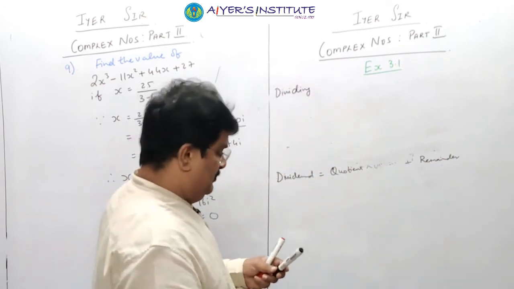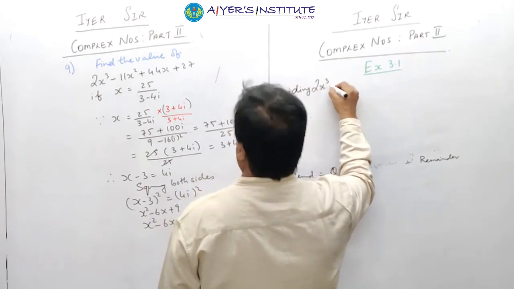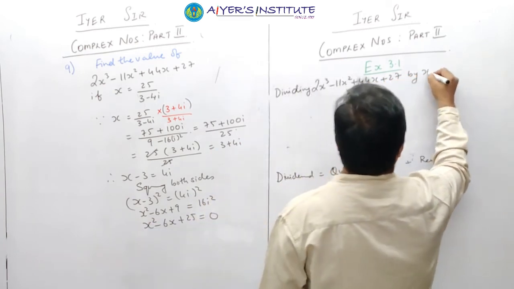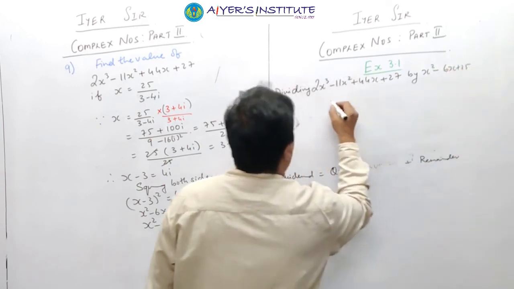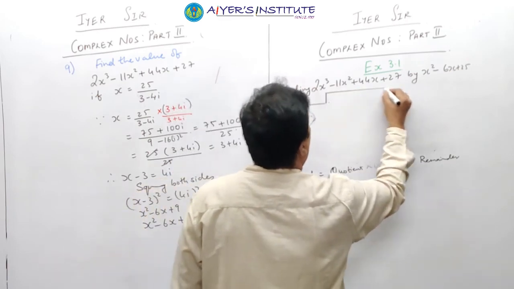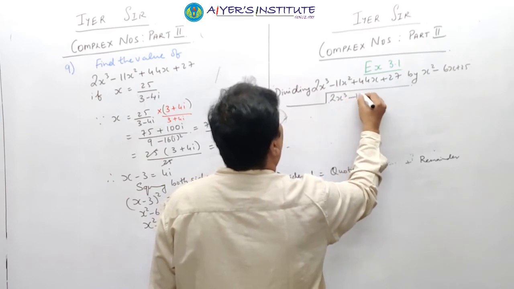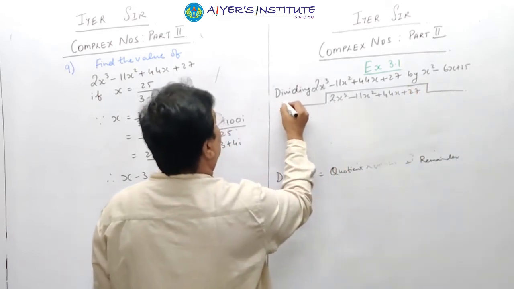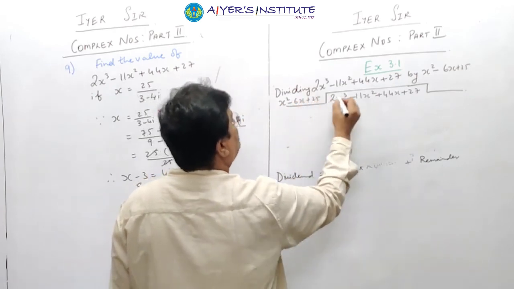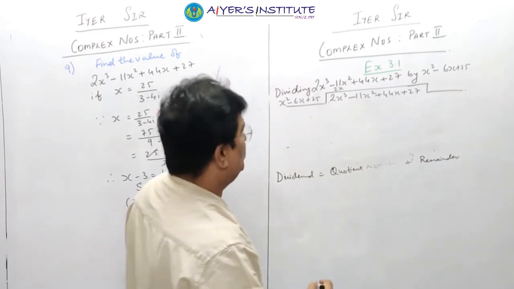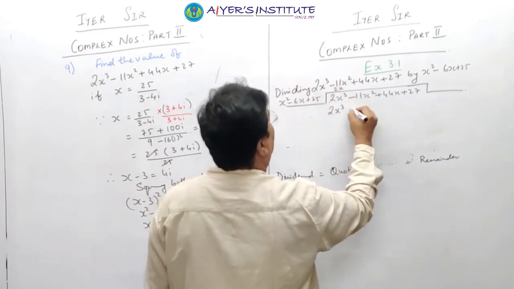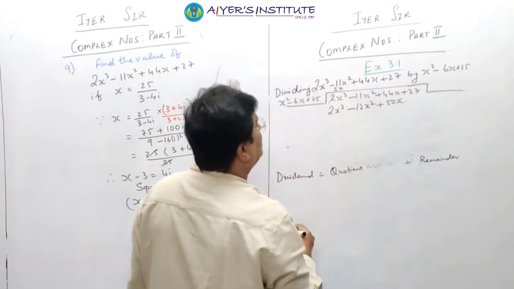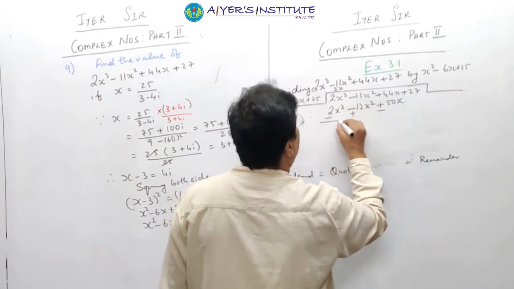So the question is dividing 2x cubed minus 11x square plus 44x plus 27 by x square minus 6x plus 25। First we take 2x, because 2x into x square is 2x cube. 2x cube minus 6 to the 12x square, 25 to the 50x। Change the sign, minus plus minus, ये कट हो जाएगा।